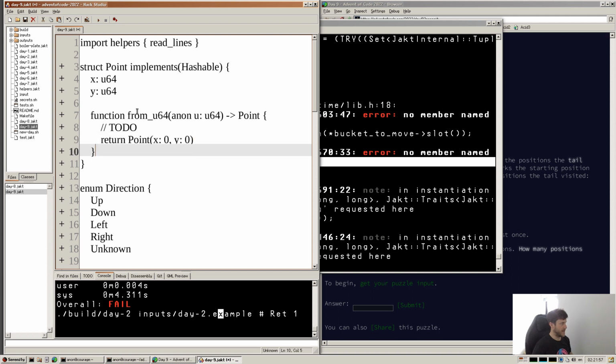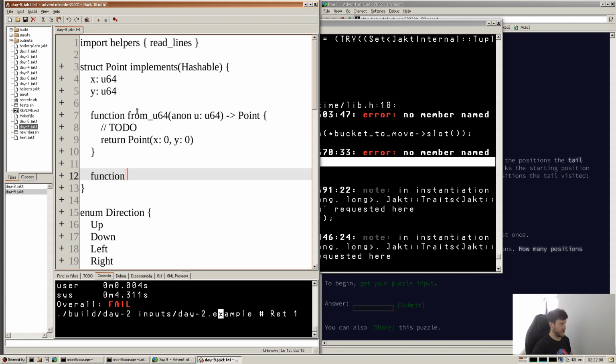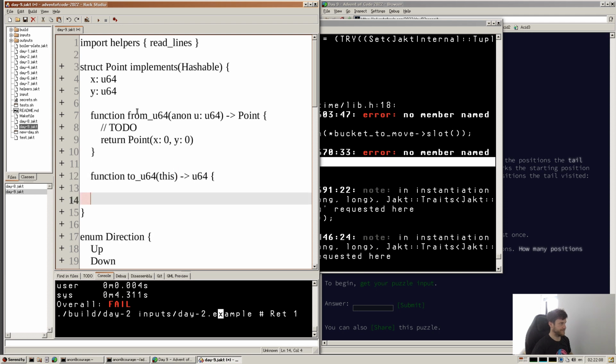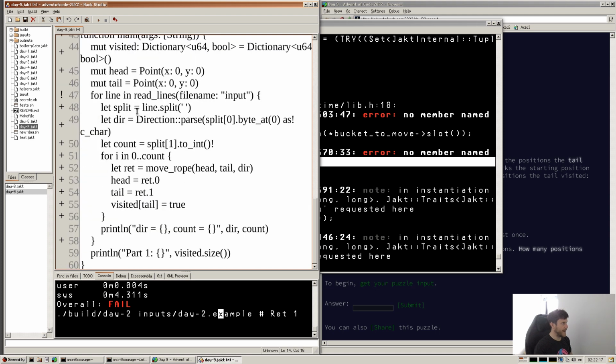We'll also have a function to U64, which takes this and returns a U64, and for now just return 0. This way we can have our head and tail like this, and when we have this visited,